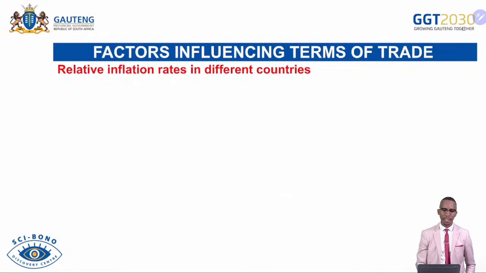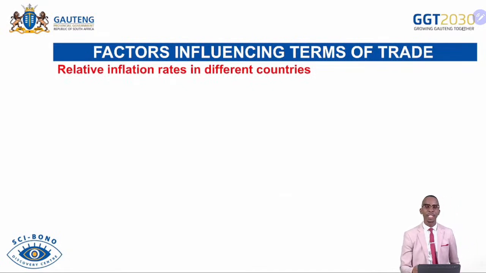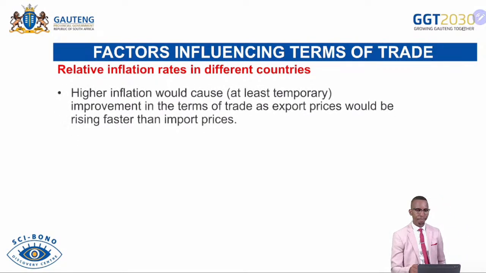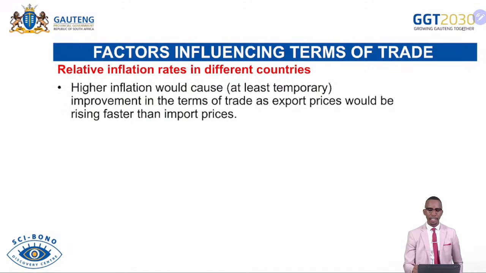We continue with the factors. Relative inflation in different countries. We know that inflation will always lead to the depreciation of the currency. However, in the short run, it will lead to more foreign earnings if ever goods are sold at the higher price. Higher inflation would cause, at least temporary, improvement in terms of trade as export prices would be rising faster